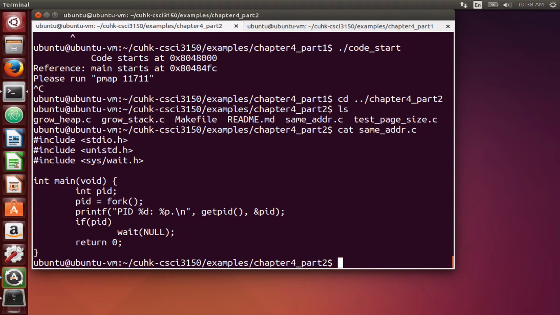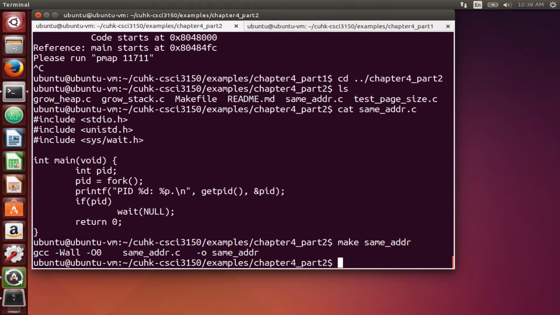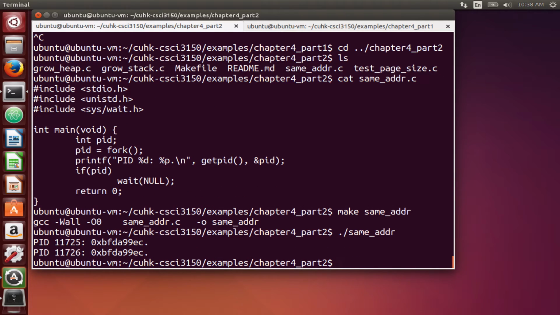So what can you say about this? If I have two separated pieces of memory storing different things, they must be at different memory addresses. Right? This is as simple as that, based on the previous demonstration of how the CPU works. Now I will execute this program. Same address. No problem. Run it. So what is this output here? The output is